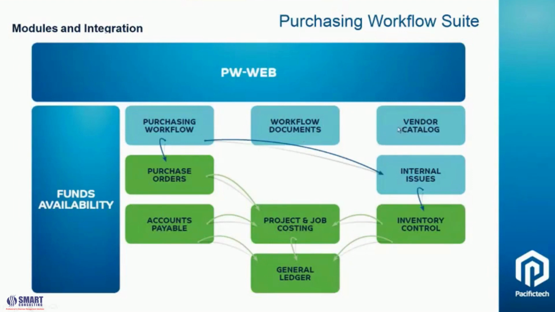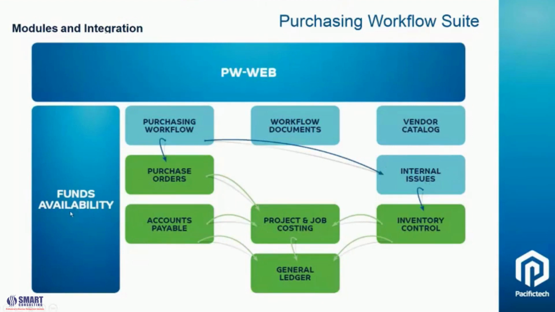Vendor catalog, that is where you can set up your approved vendors, so the system can force you to buy certain items from certain vendors at a set price, so the vendor catalog can put some really good controls into your procurement system. Internal issues, I won't talk about that too much, but that's quite useful for organisations like mining and hotels where they consume the inventory. It would take a bit of time to go through, so we don't really have time for that